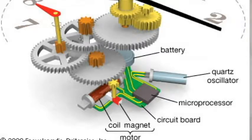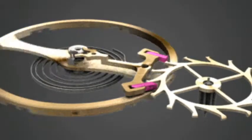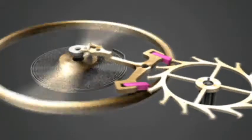To create power in a quartz watch movement, a battery sends an electrical current through a small quartz crystal, electrifying the crystal to create vibrations. These vibrations keep the movement oscillating and drive the motor to move the watch hands. Unlike quartz movements, a mechanical movement uses energy from a wound spring, rather than a battery to power the watch. This spring stores energy and transfers it through a series of gears and springs, regulating the release of energy to